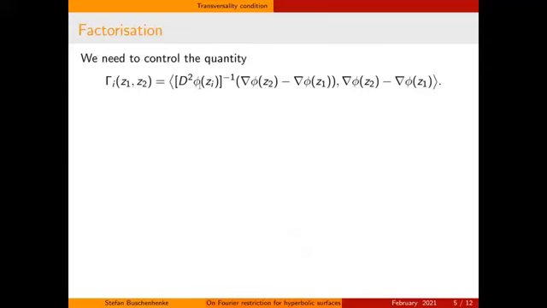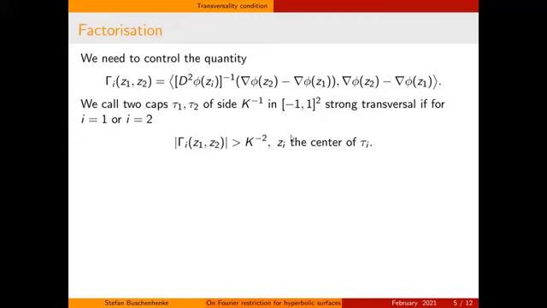You take the inverse of the Hessian of phi evaluated at either Z1 or Z2, then you apply it as a quadratic form to the difference of the gradient of phi at two different points, Z2 and Z1. And so imagine we break up our unit square where the function phi lives into caps of side k to the -1, k imagine being a big constant. So we break it up in these chunks, and then